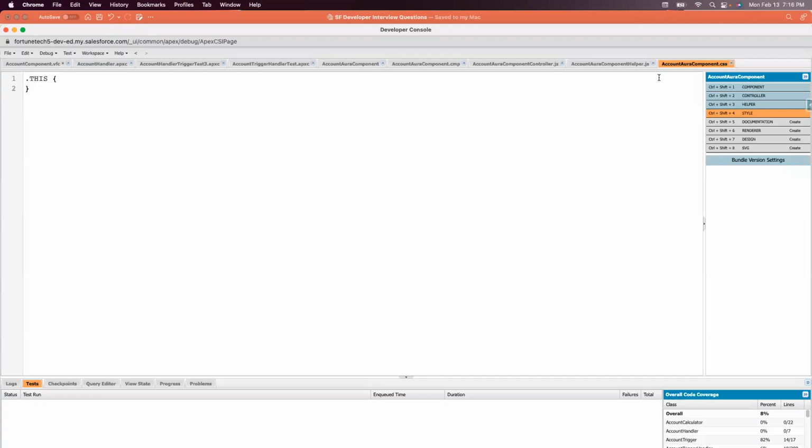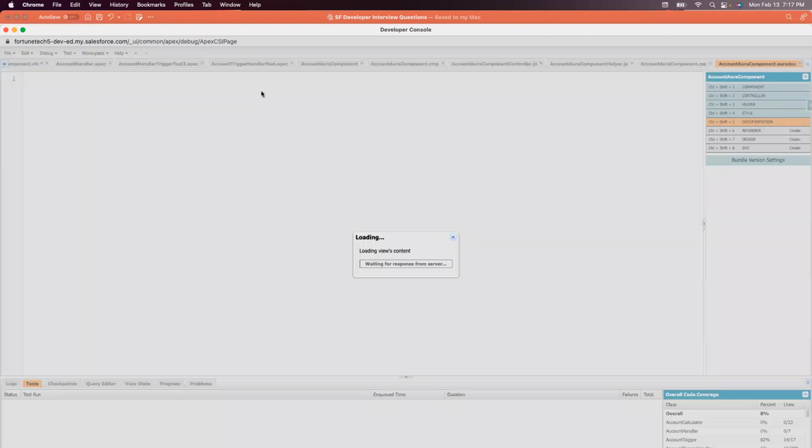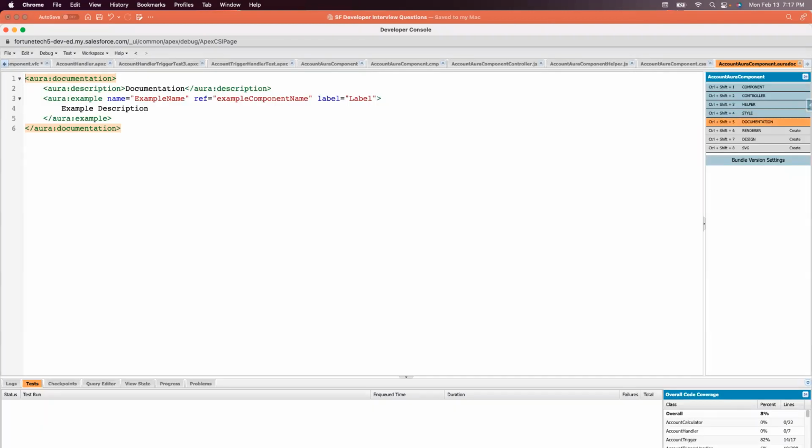My console right here. If we check this one, the style file is totally something different. It is starting with .this. For the documentation, it is something totally different. He's gonna explain all this stuff one by one. I'm just trying to show you,